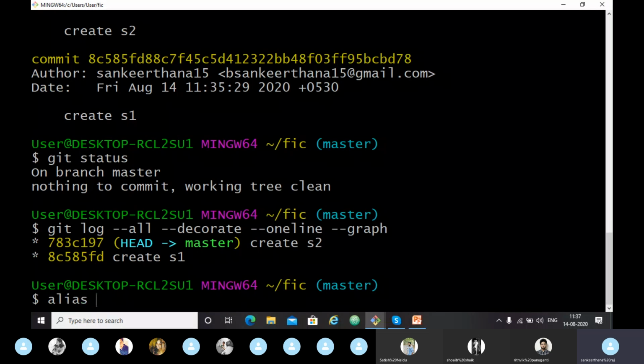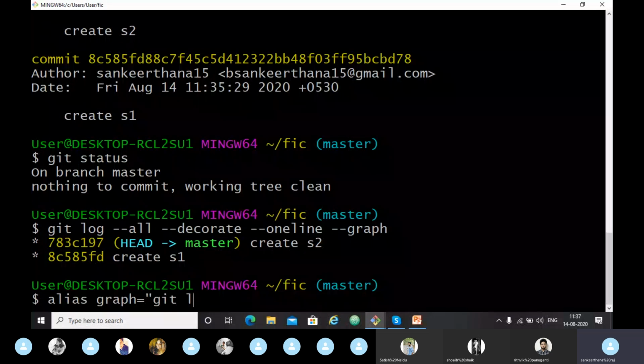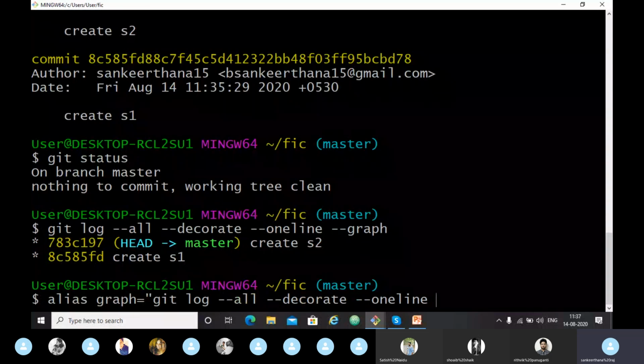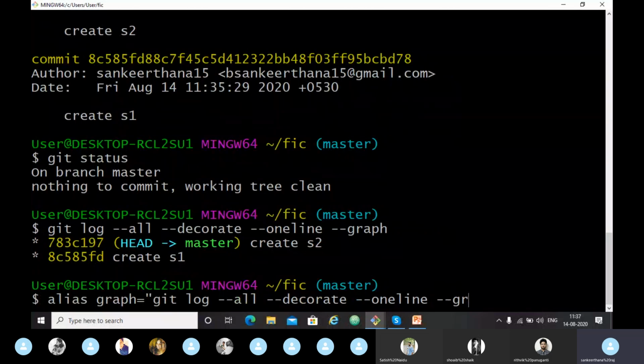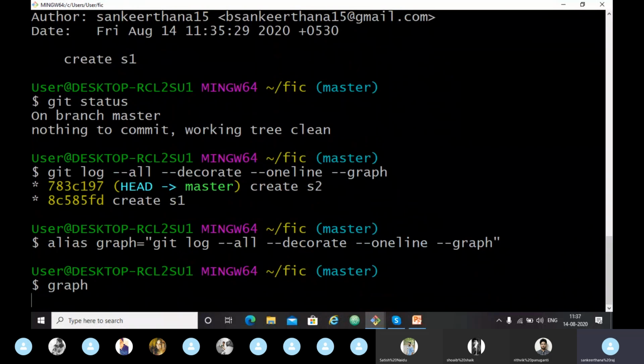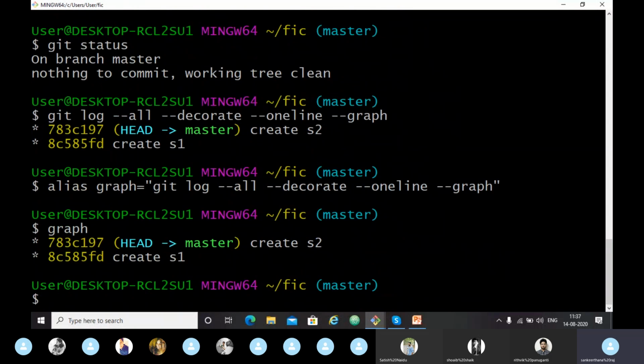I'm just renaming it to a shortcut name, git log --all --decorate --oneline --graph. So now you can just type graph. Whenever I want that, I just type graph. So I will get this output.